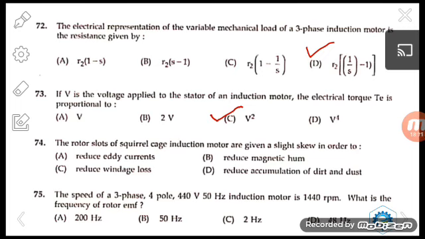Next one is, the rotor slots of a squirrel cage induction motor are given a skew in order to reduce magnetic hum, that is option B is correct. And next one is, the speed of a 3-phase 4-pole 400 volt 50 Hz induction motor is 1440 rpm. What is the frequency of rotor EMF? The frequency of rotor EMF is equal to